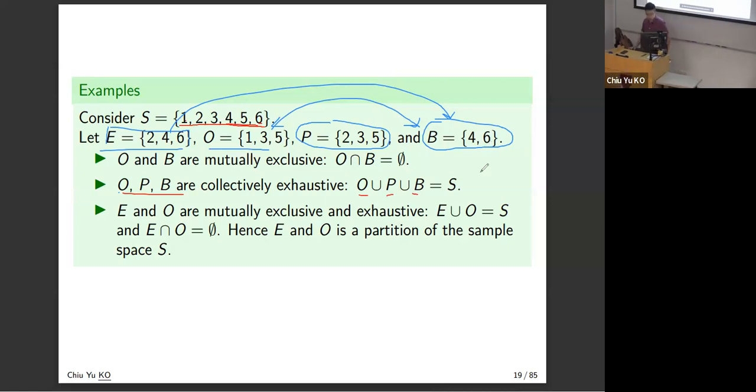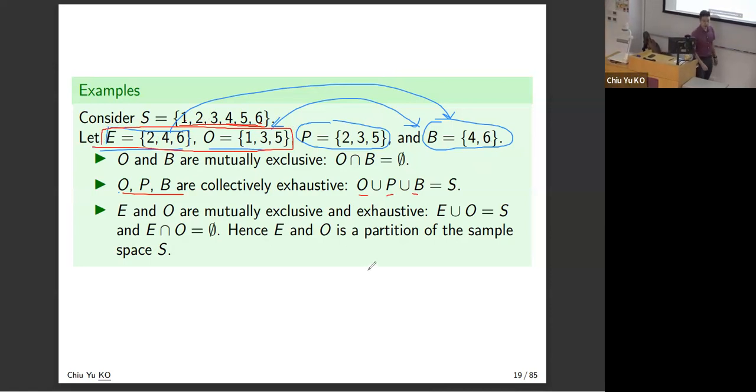And we will say E and O are mutually exclusive and exhaustive. So E and O is a partition for the sample space, right? Because if you union them, you get the sample space, and if you intersect them, it's nothing. They are both mutually exclusive and exhaustive. It's very important because the partition idea is something a lot of formulas rely on, so you have to know what is meant by partition.